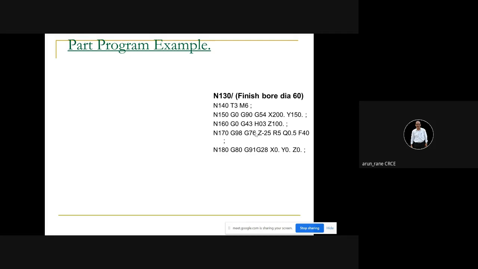Of course, if the boring bar size is very small, like if you are doing a bore of say 60, then it won't matter. But if it is in reverse direction, and if you have put your boring bar wrong,